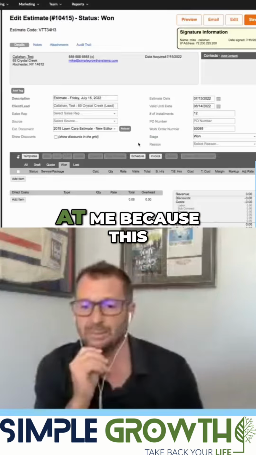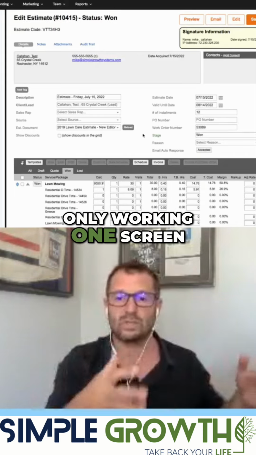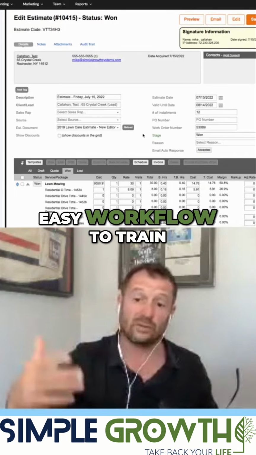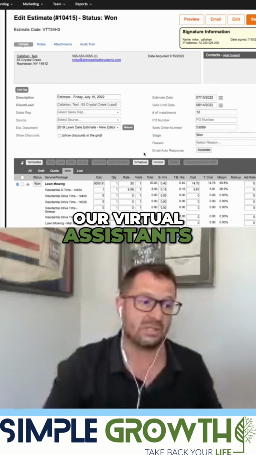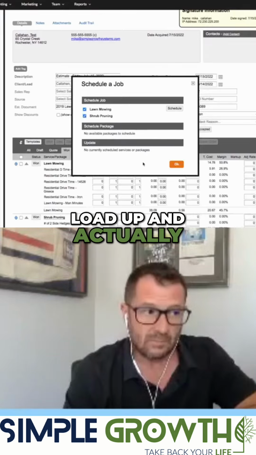The system's going to yell at me because this person is a lead. The next thing we want to do is convert them into a client. Now we've avoided duplicate contracts, but now we're still only working one screen, and this is an easy workflow to train our office staff, our virtual assistants. I'm going to go and hit schedule again, and this is going to load up and actually prompt me to